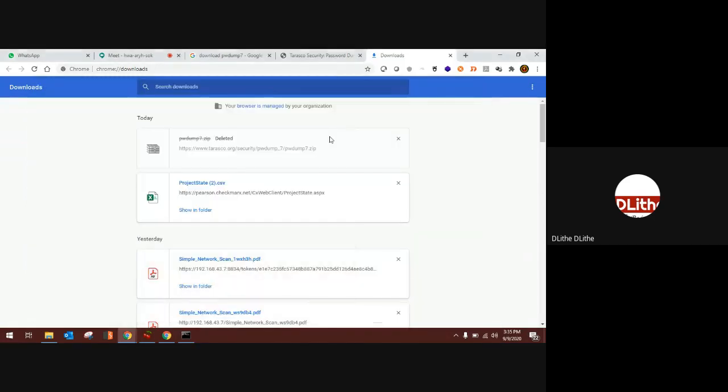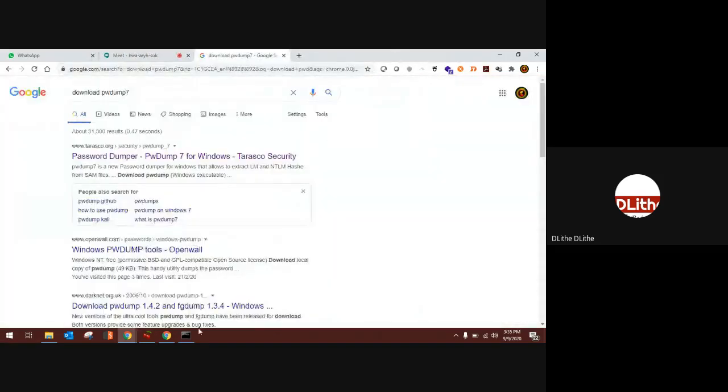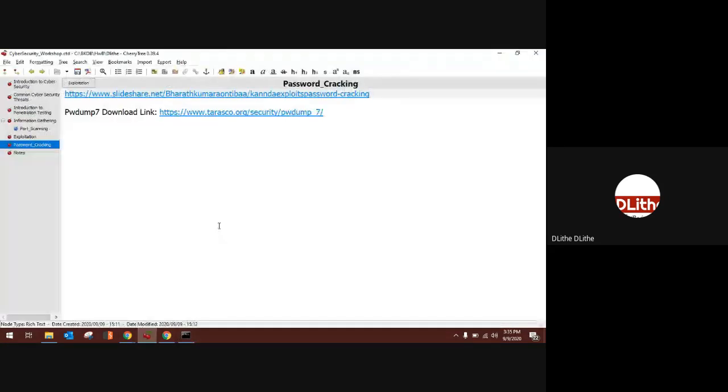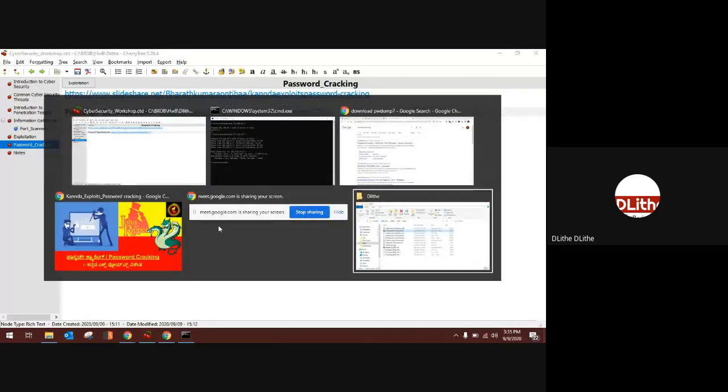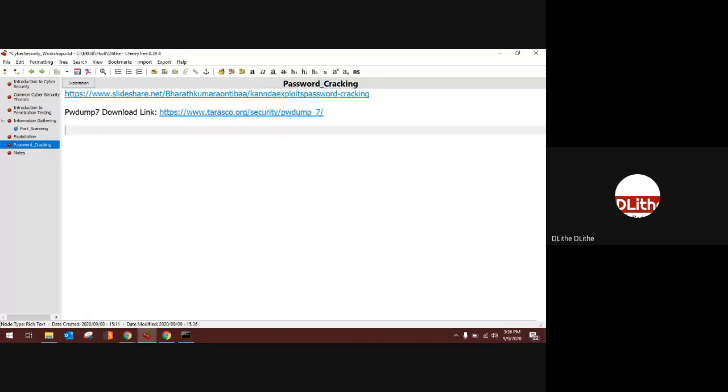So what I'm going to do now is dump the Windows passwords. The steps would be: first, download pwdump and extract it on the victim's computer.